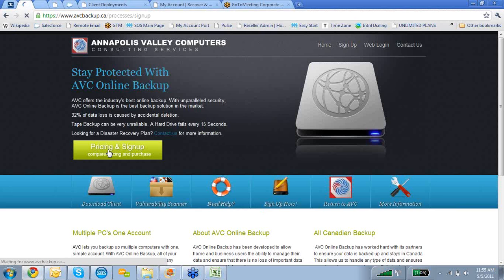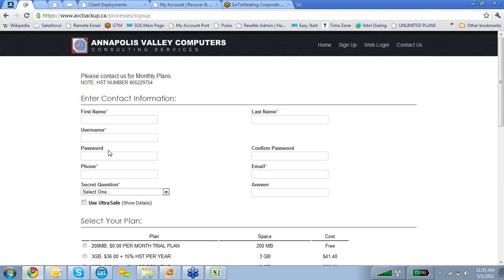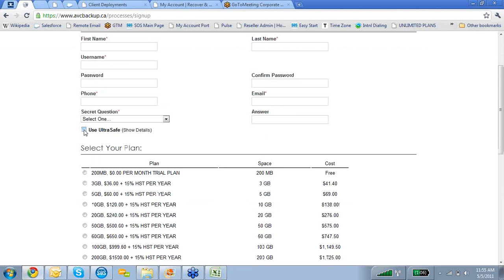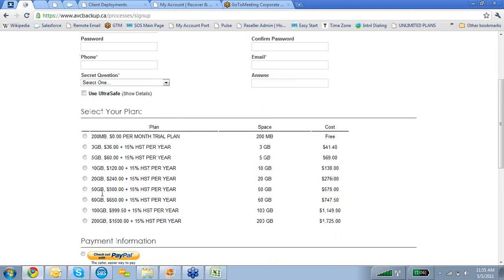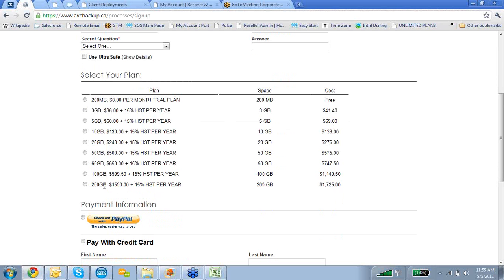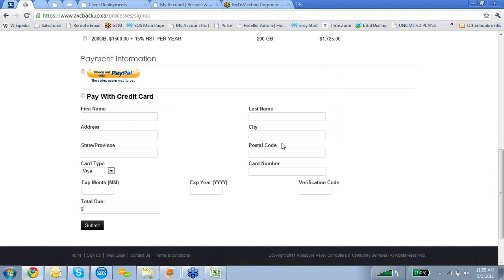Now, I'll show you the pricing and sign-up page. If you're dealing with small to medium businesses and they're going to be high touch, they won't be doing this, but your reps could just go through this and very simply put in the information and create an automatic billing method for it. So they put in the customer information, choose that ultra safe option, which makes you the sole owner of that passkey if necessary for compliancy purposes. Give them the availability of these plans, whether it's a trial plan, which will allow you to hand out trials, or a different package, whether it's 3 gigs to 200 gigs, and then put in their payment method so that they'll have the ability of putting in their